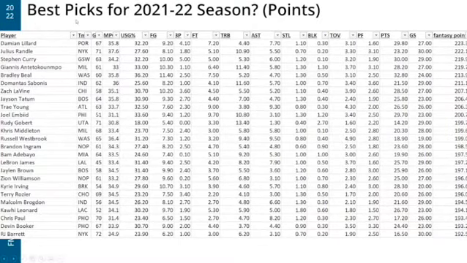So if you then go, all right, who are my best picks? This is kind of what I was saying. You'll notice, why was Julius Randle beating Damian Lillard last year? Because he played more games. Because they were so close, the fact that he was able to play 4 more games meant that overall he's the better player, or was the more valuable pick last year.